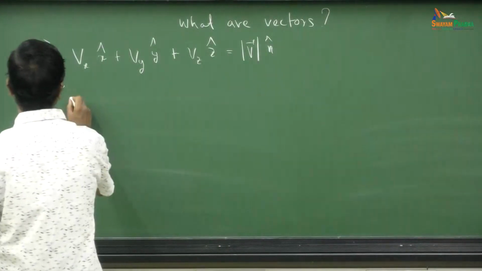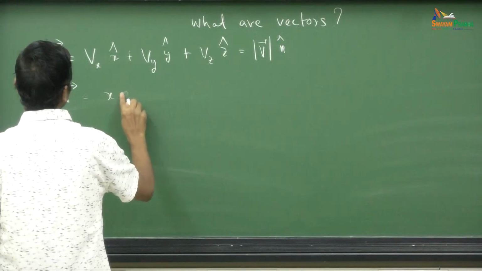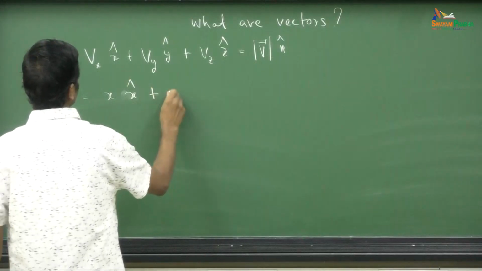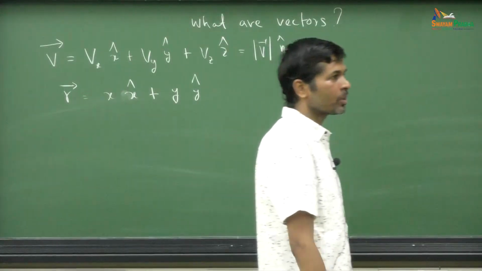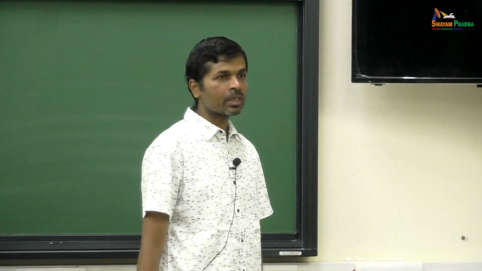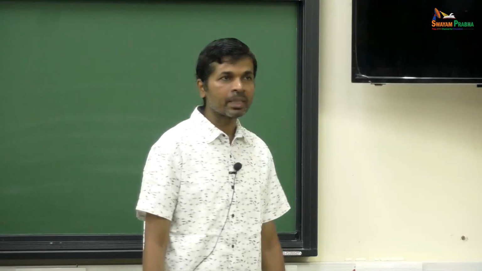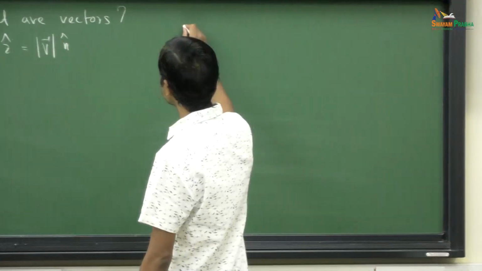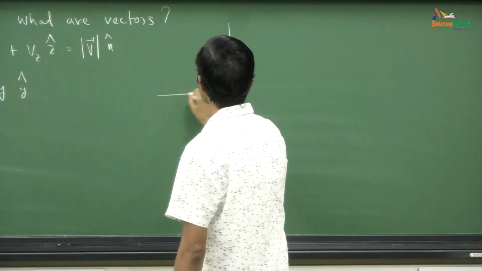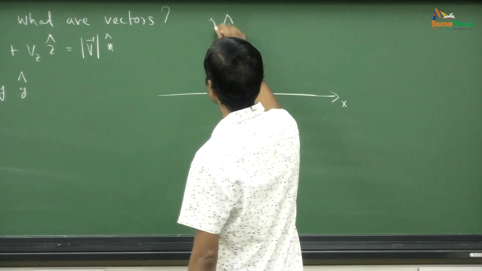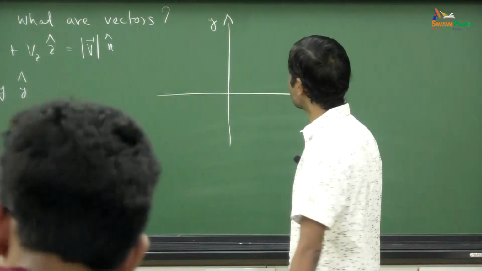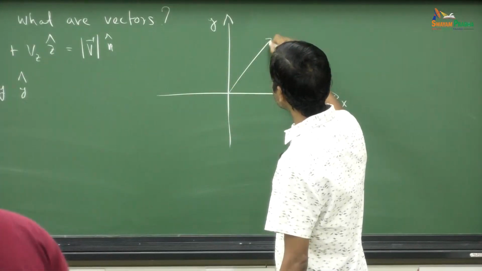Let's say you consider the position vector. Okay, it's nothing but x times x cape plus y times y cape on a plane. Okay, I am not even going to 3 dimensions. I will just consider a plane, and then on this plane I will consider the position vector. So, you have this is your x axis, this is your y axis, and then the position vector is something like this. This is r,